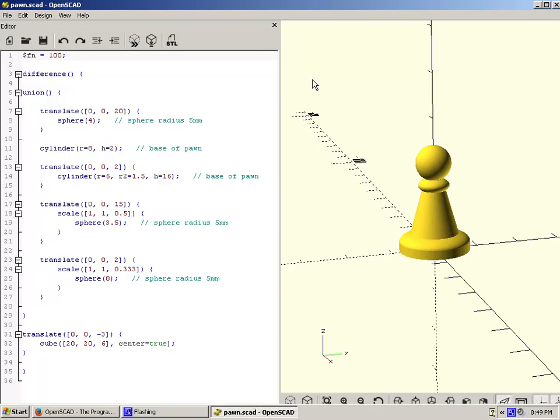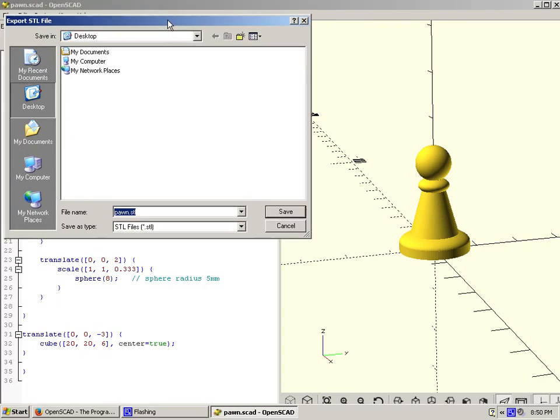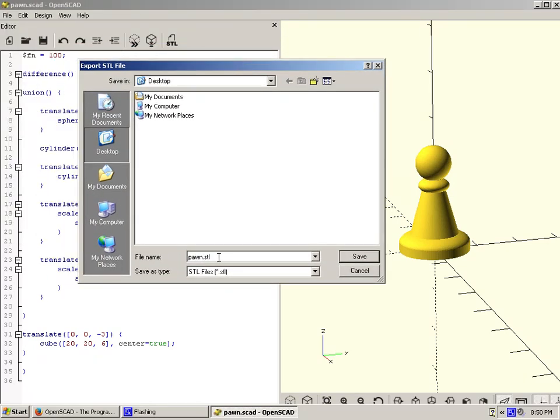The SCAD file is only for OpenSCAD. If we want to take this model and print it off on a 3D printer, we want to export it as a more standard 3D model format. That's the STL format. Because I pressed F6 and rendered this model, I can now press this STL button. If I click on that, it's going to ask me where I want to export pawn.stl,